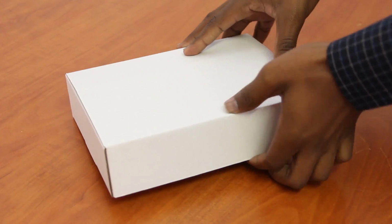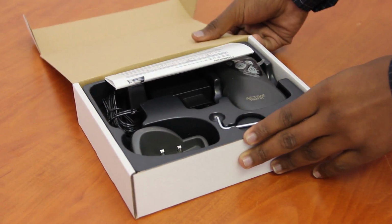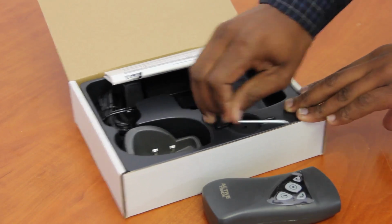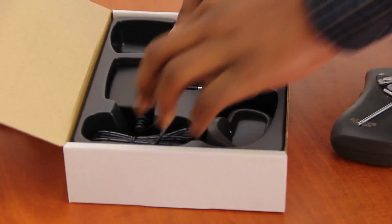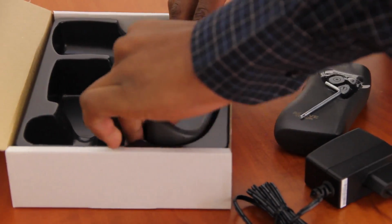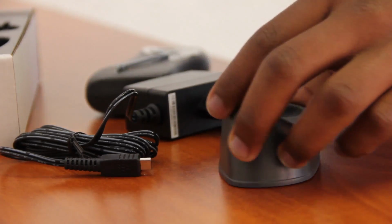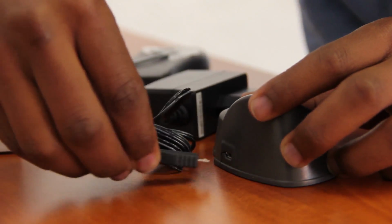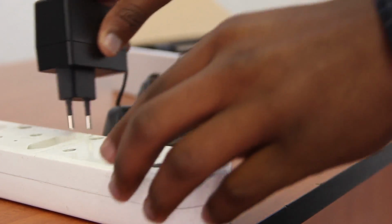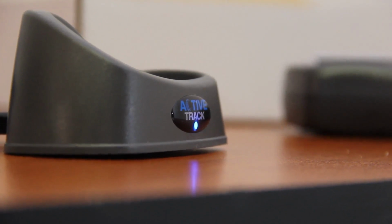Here's how to configure your active track. First, unpack the device and remove the Allen key from the holder. Remove the charger cable and docking station from the plastic mold. Now insert the male tip on the cable into the female socket in the docking station. Plug in the power supply and check that the blue light is showing to make sure the charger is working